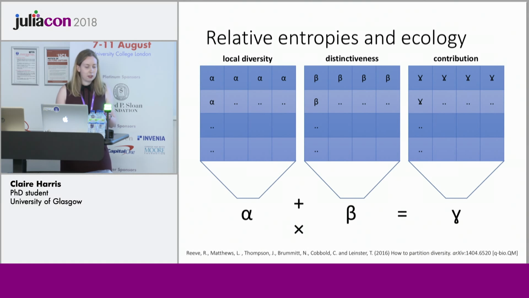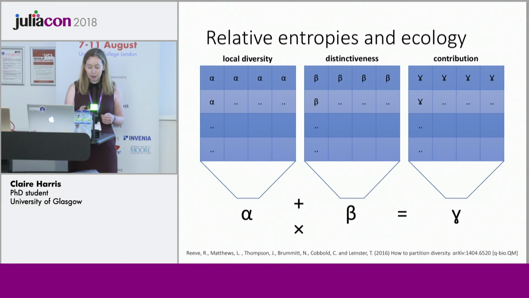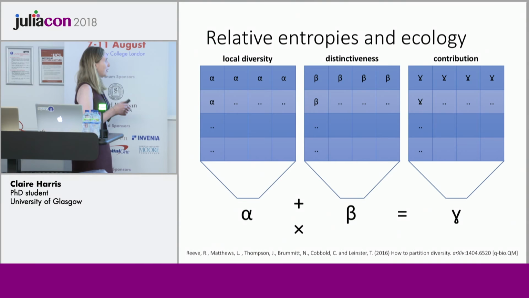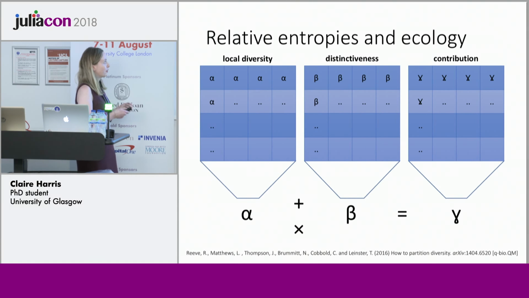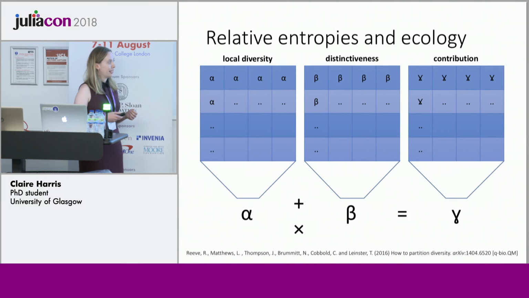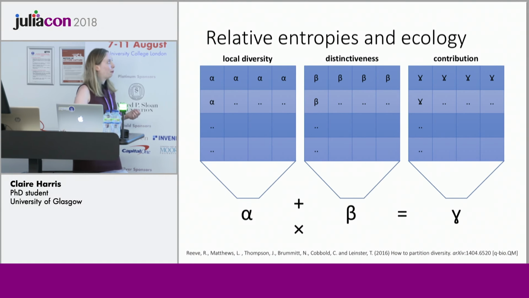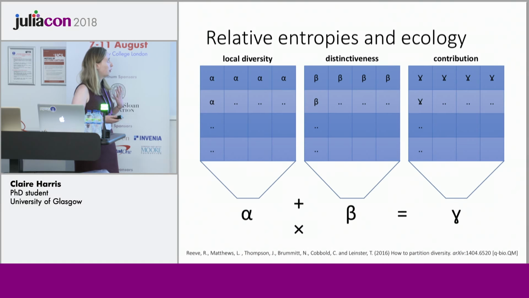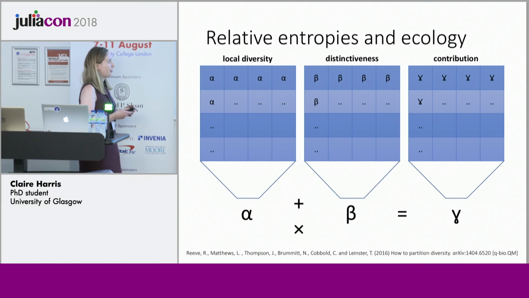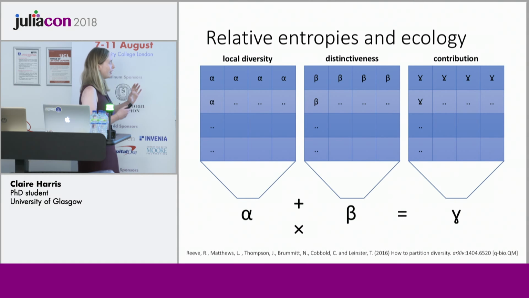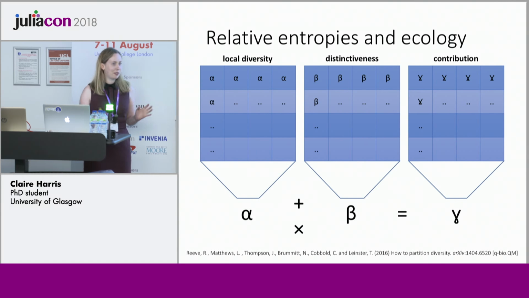My colleagues at the University of Glasgow have come up with a really clever method for looking at alpha, beta, and gamma on a smaller scale. We can look at individual habitats in a whole system, like the Earth, and look at their alpha diversity, or the local diversity of that patch, look at their beta diversity, or how distinct that patch is, so how different it is from the surrounding areas, and then get a combined idea of those two things, diversity and distinctiveness, to get an idea of what contribution that patch is giving overall. So we can decompose biodiversity into different angles of looking at it.